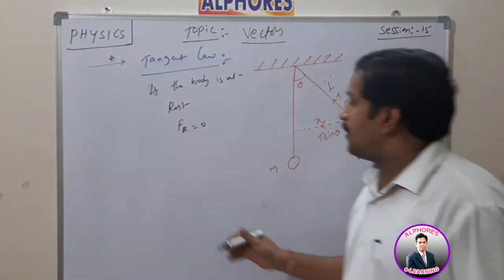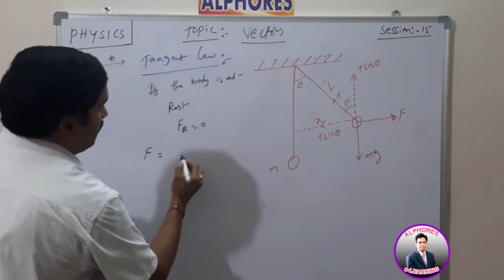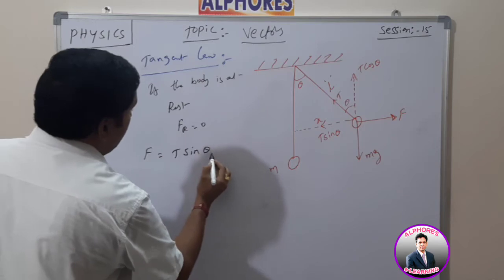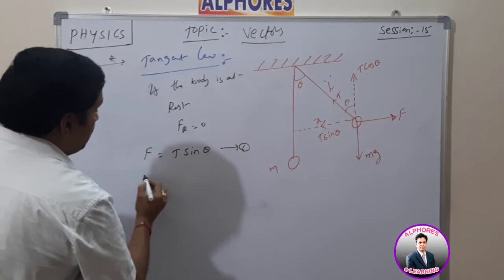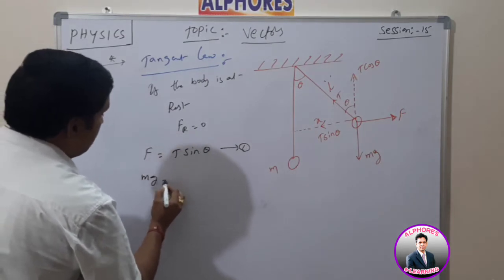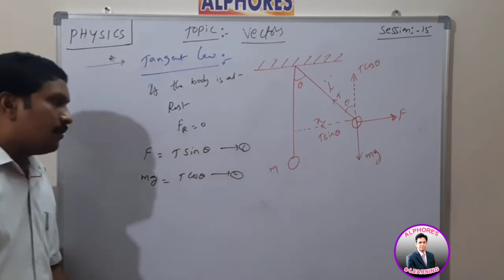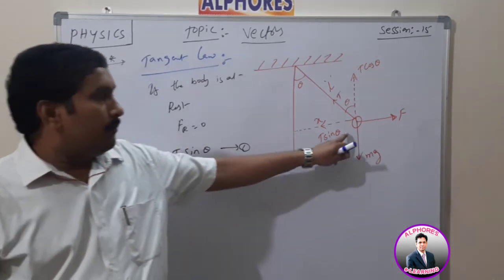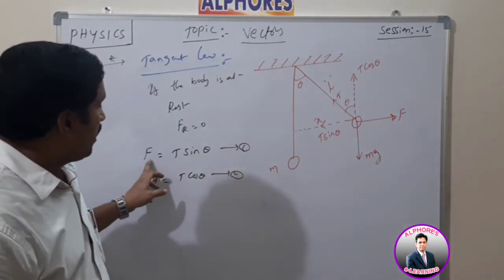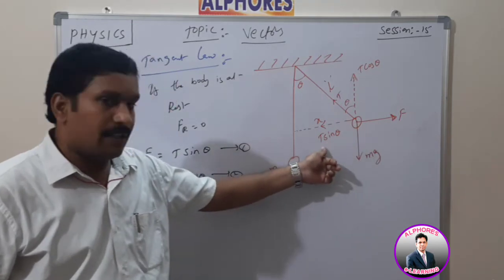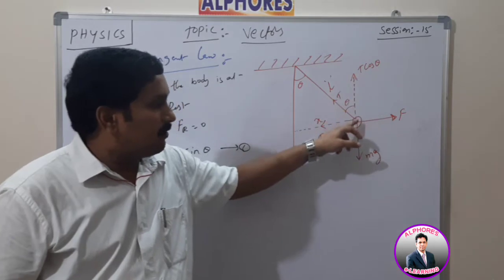Okay, so here I am taking the conditions from the diagram. The rightward force, the external horizontal force F, is equal to the leftward force T sin theta. Equation number 1. And the downward force mg is equal to the upward force T cos theta. Equation number 2. So by taking the equilibrium of the body, I got two conditions: F is equal to T sin theta, and T cos theta is equal to the downward force mg.